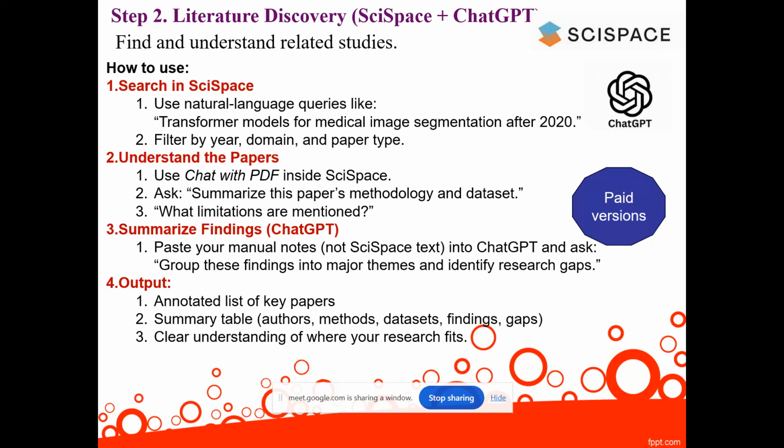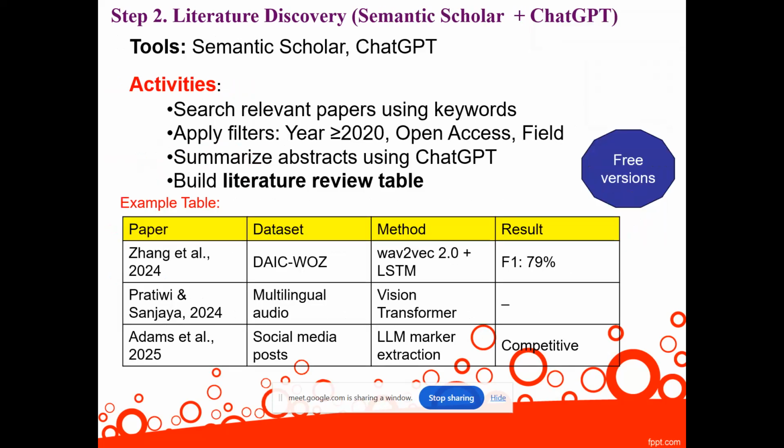It has integration with Semantic Scholar, with ChatGPT, and with Consensus also. All this put together is SciSpace, which we are not going to deal with today, because only paid versions will work, and we are concentrating mostly on the free versions. So we will use the free versions today. First we will start with Semantic Scholar, then we will use Consensus. The literature review portion we will start writing.